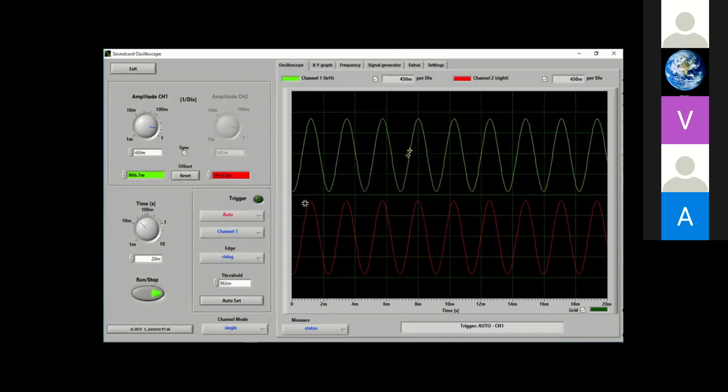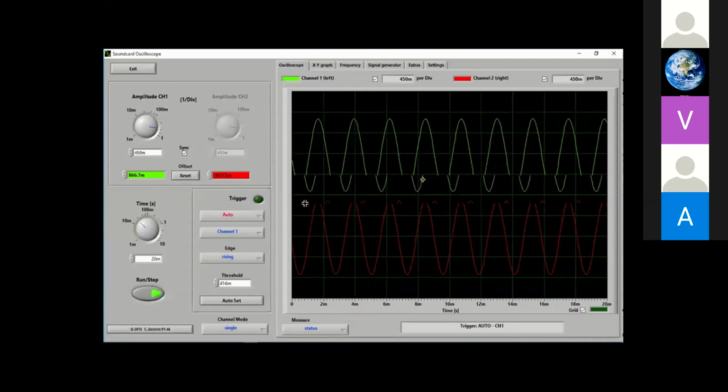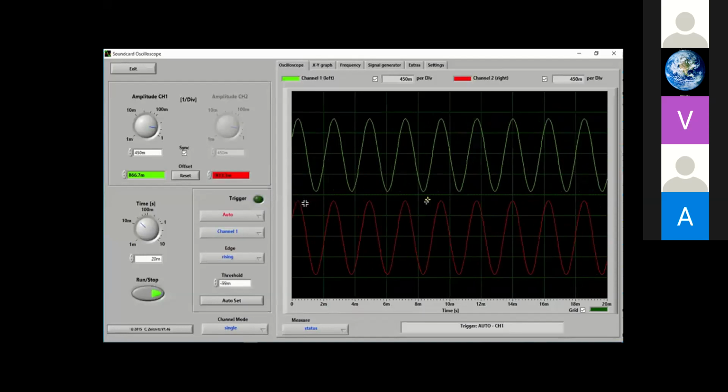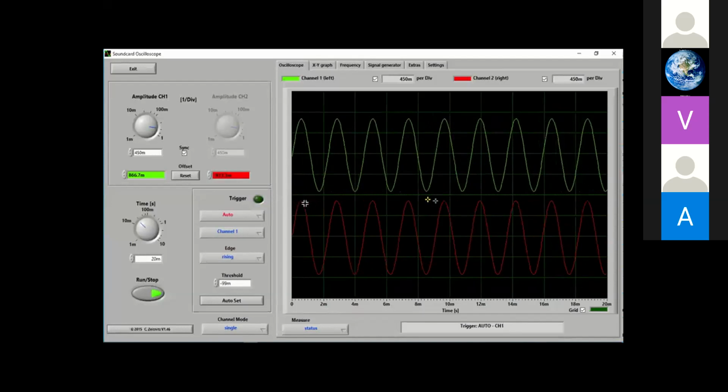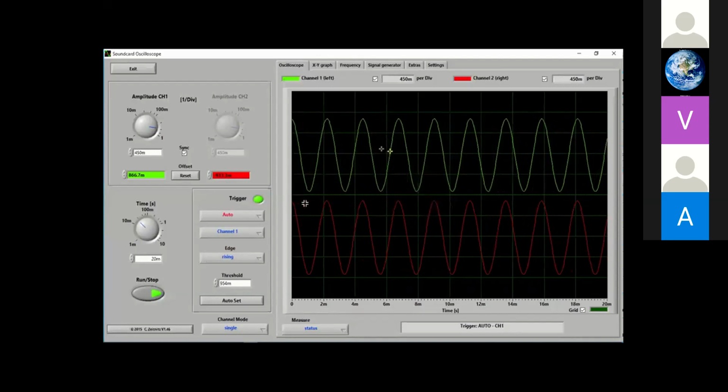And do one thing: you might be seeing this plus icon. I think you are able to see this star kind of thing. So this is basically the point from where the waveform will start. This is known as the trigger point. So for the time being, just don't worry about it. Just put this trigger point anywhere in channel 1. Channel 1 means this green one. Green waveform is for channel 1, and the red waveform is for channel 2.